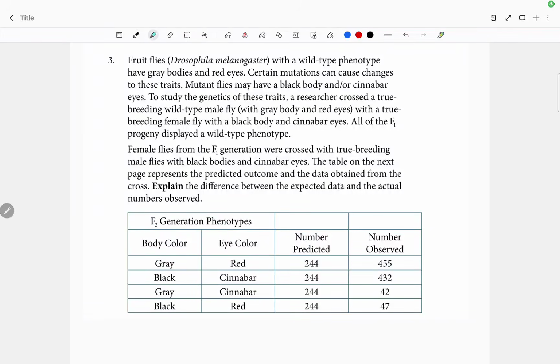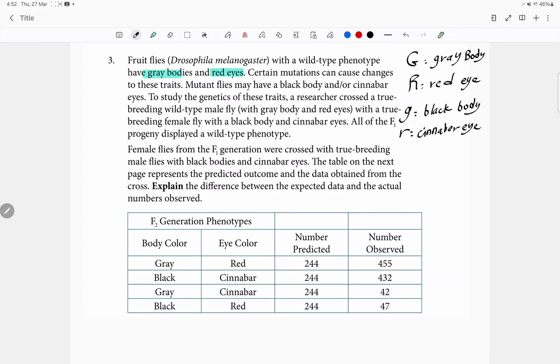Got fruit flies with a wild type phenotype having gray and red. So capital G is for gray and capital R is for red. Certain mutations can cause changes to these traits. Mutant flies may have black body and cinnabar eyes. So gray body, red eye, or you might have black body and you might have cinnabar